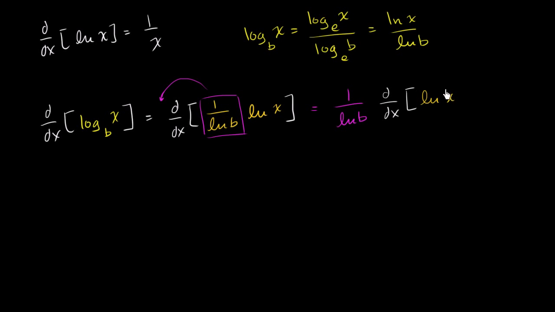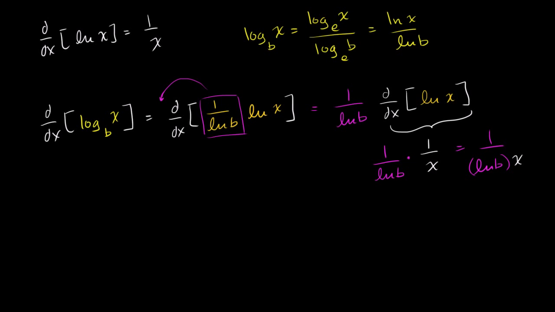and we know what to do with this. This thing right over here is just going to be equal to 1 over x. So we end up with 1 over the natural log of b times 1 over x, or 1 over the natural log of b, which is just a number, times